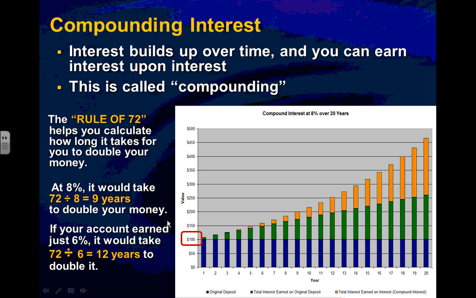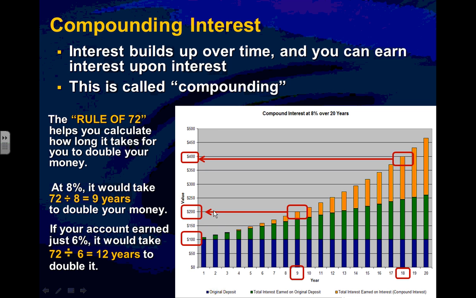Look at this. If you had $100, it just sits there. It stays at $100 forever if you don't invest it, if you don't try to put it in a bank that earns some interest. Even if it was simple interest, if you just got a fixed amount every year, it would go up like this, following the top of the green bars. That's okay, but it's not great. The best one of all is following the yellow bars. If you had it compounded, in other words, if interest was calculated every month or every quarter or even every 6 months or every year, you're going to make interest upon interest upon interest, and this yellow bar goes up dramatically with time. After 9 years, your $100 is worth 200.